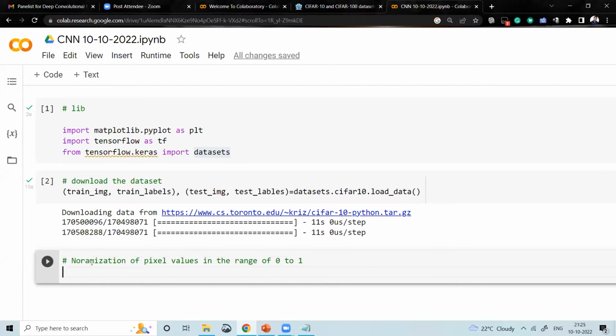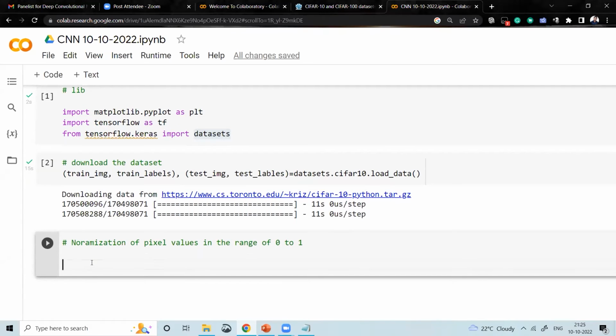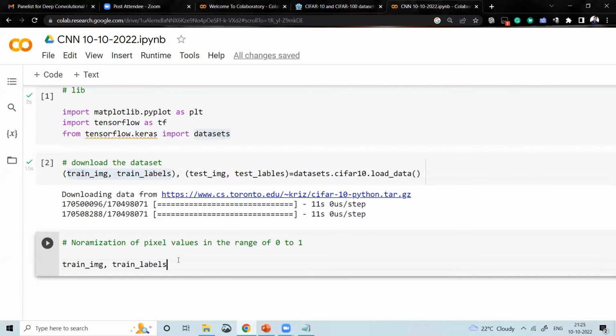Right now the pixel intensities are between 0 and 255. Some value is 0, some is 1, some is 10, some is 233. I'm going to normalize everything into 0 to 1. So let me copy this,